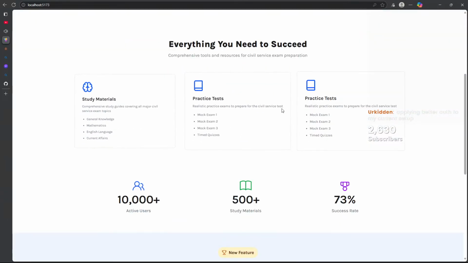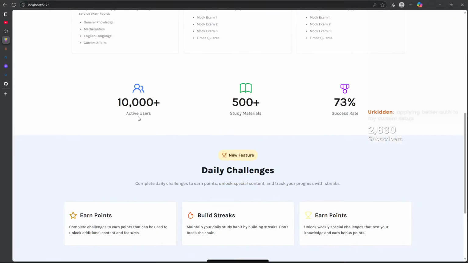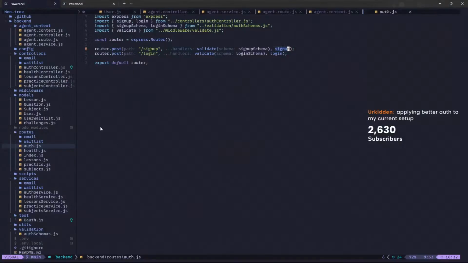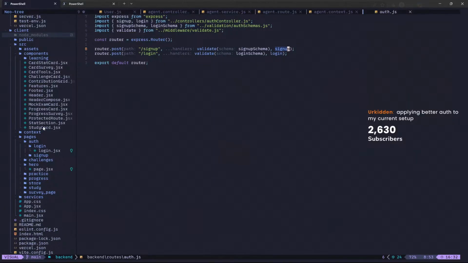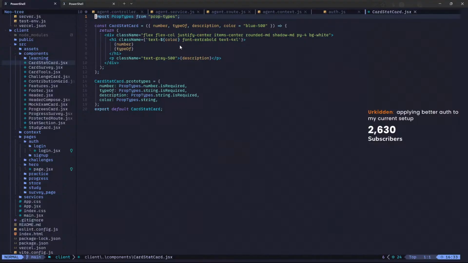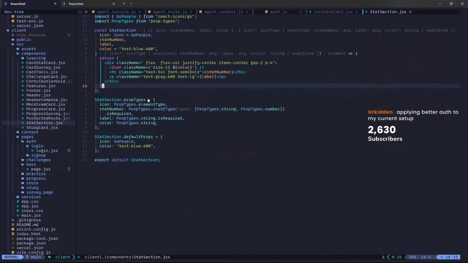Okay, I have added micro interaction. That's good. I'm going to add it so that when we hover over this one, it's going to rotate a little bit. So let's go back. Card tool, card server, card stat. It's this card stat. We have the icon. Wait, we don't have the icon. Header, map exam, progress card, progress solver, protect stat section. We don't have the icon. Stat number, yes. So the icon should be